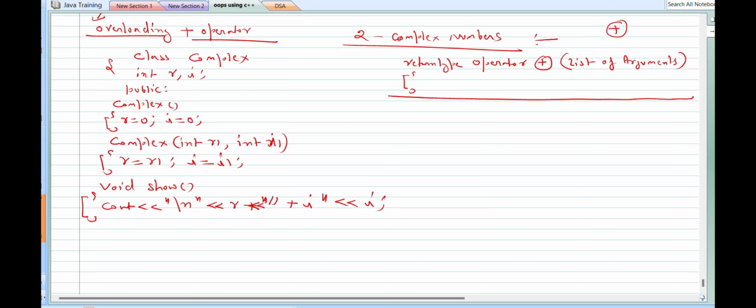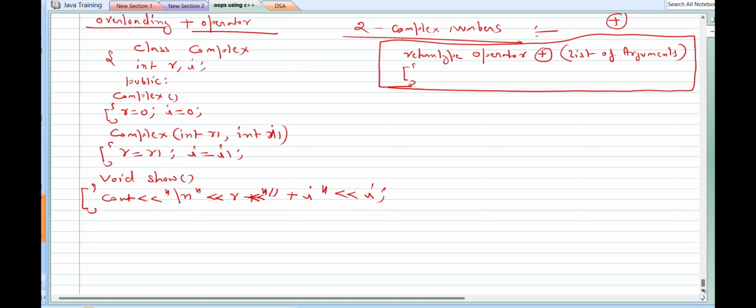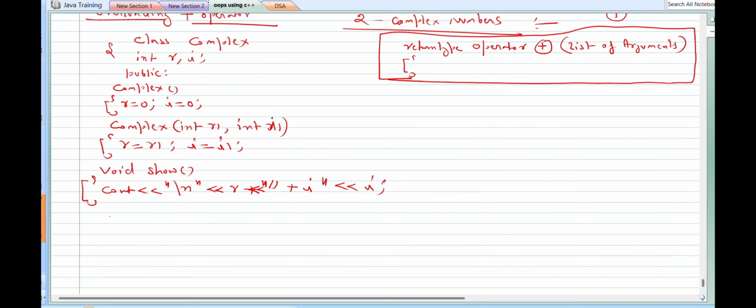So this is the member operator function that we'll need to implement here in order to overload the plus operator. Our operator plus function will return an object of the complex class. So I am using complex operator plus, and inside this we can pass a constant reference of the complex class, and inside this function we can simply return